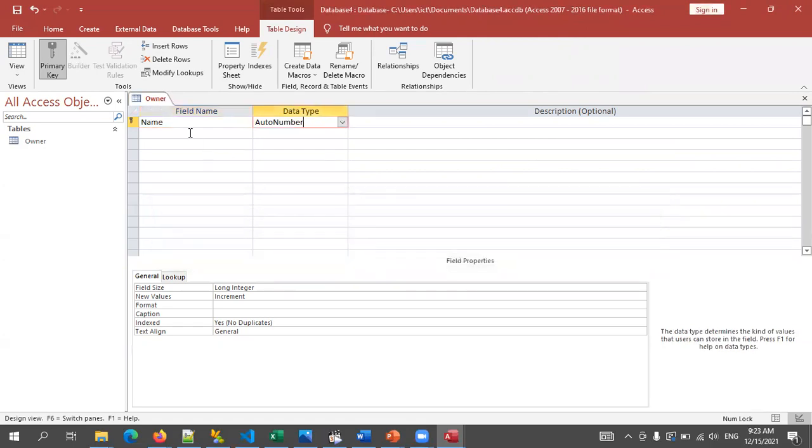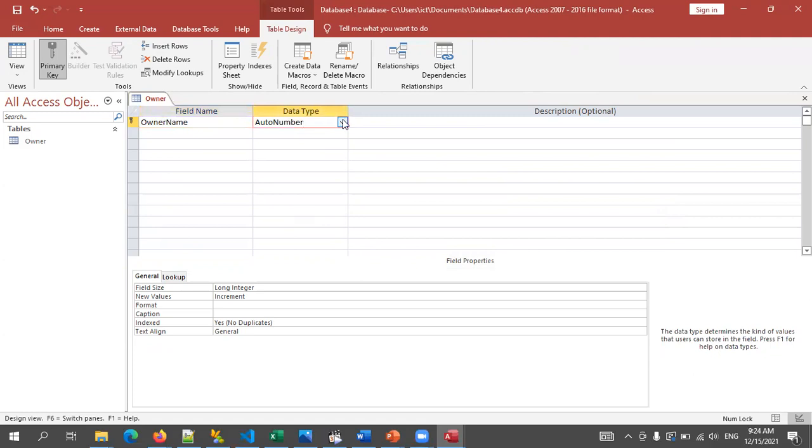Right. So that error was that name is a reserved word, because we can't use name or date. Those words we can't use as field names. Then we have to specify this with another one. So I'm going to type owner name. Owner name here, like this. I'm not going to use any spaces between two words. This must be a single word, owner name.